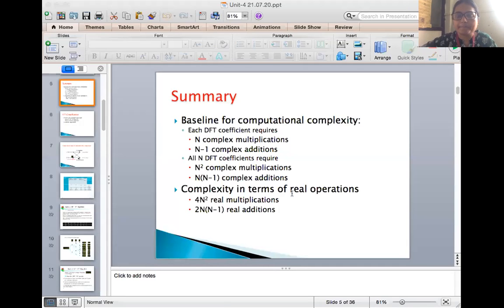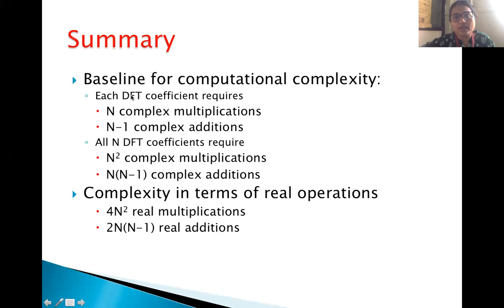Okay. Good afternoon. In this lecture, we have started with Unit 4, Fast Fourier Transform Algorithm. Before going to the Fast Fourier Transform algorithm, we will focus upon the computational complexity. In the computational complexity, you can observe that if we directly apply the DFT formula for calculation of DFT coefficients or frequency samples, or for converting a time domain signal into a frequency domain signal, there are n complex multiplications